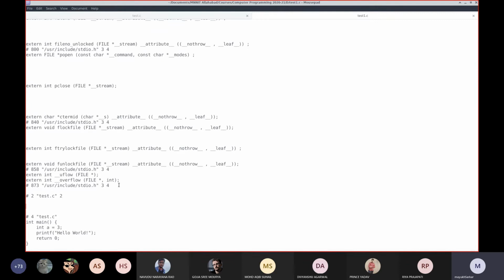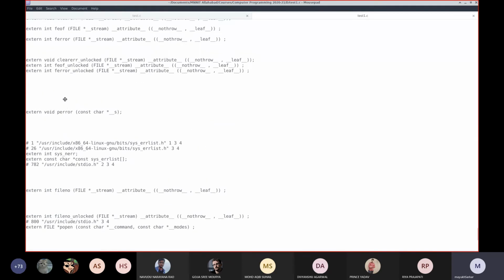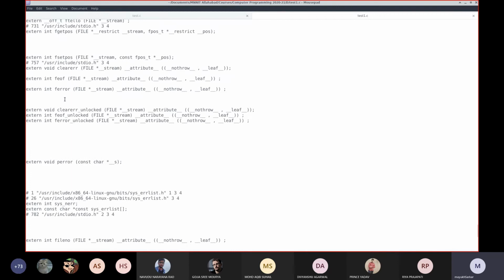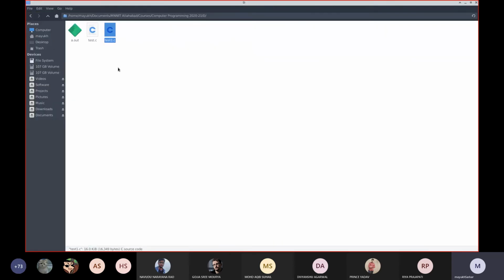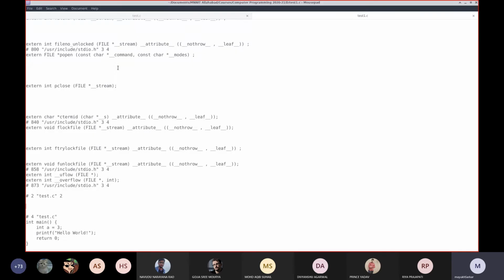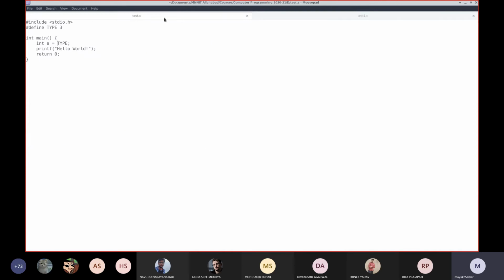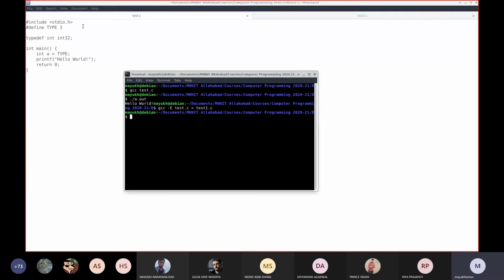and that hash define has been removed. And everything you are seeing here is in fact the declaration of the functions. Just as a check, suppose I use typedef, say int char, that's a bad name, say int32.